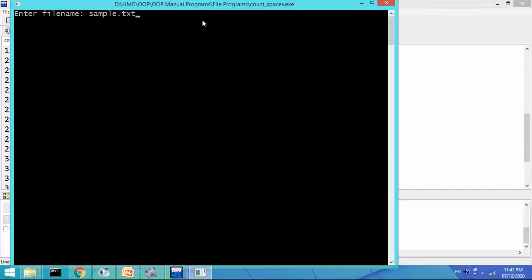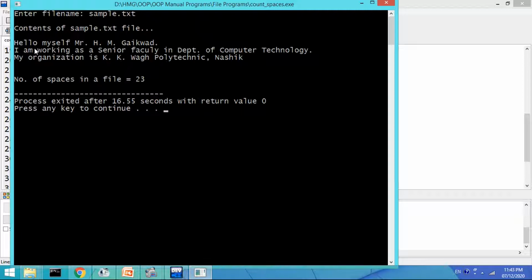So yes, here the contents of sample.txt file are displayed. These are the 3 lines in that particular file, and number of spaces in a file are calculated as 23. So you can see here in the first line there are 1 2 3 4 5 spaces. Then in second line 1 2 3 4 5 6 7 8 9 10 11 spaces. 11 plus 5 total 16.